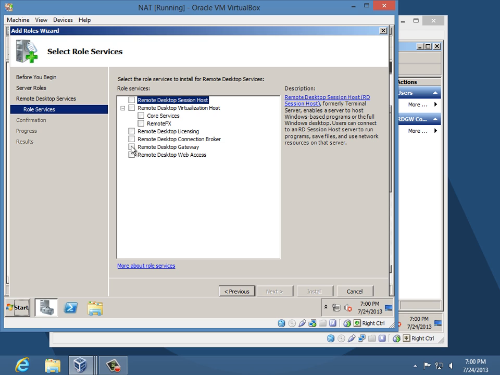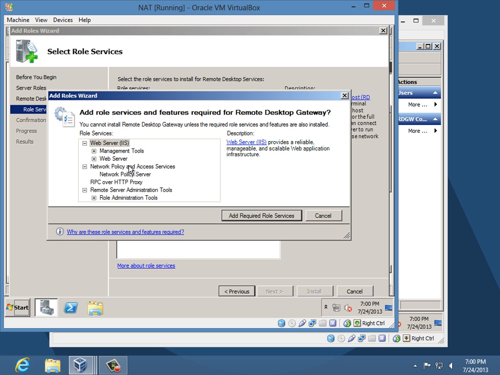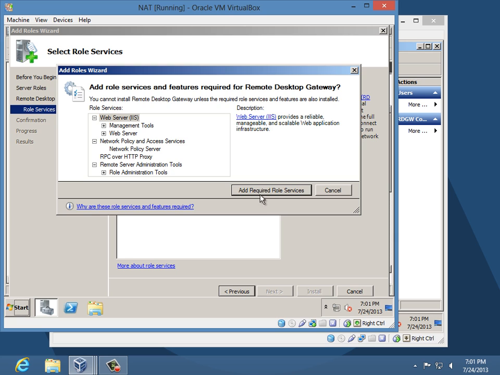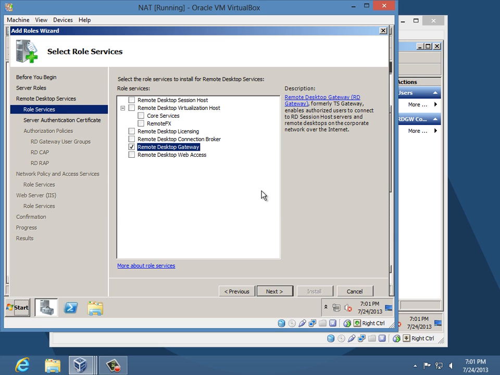This is only going to be the gateway. Believe it or not, I don't need to turn remote desktop on for this machine. I'm going to turn remote desktop on for the machines I want to connect to, not this one. This is just going to be the gateway. So when you select that, it's going to prompt you to install the web service. Does that give you a hint as to what ports you need to open up in your router to get to this service